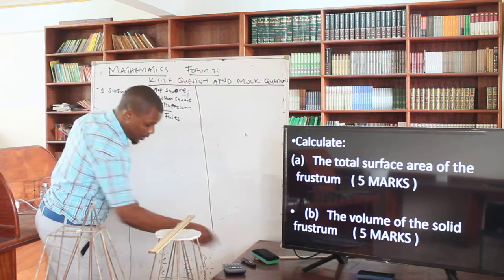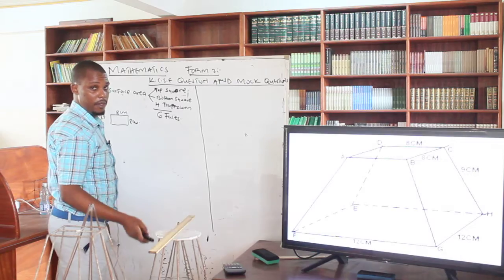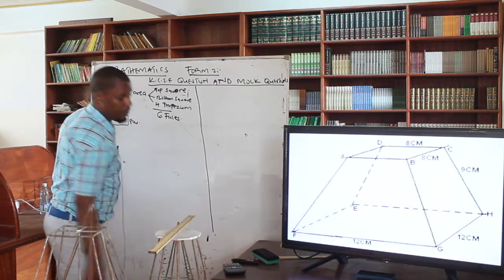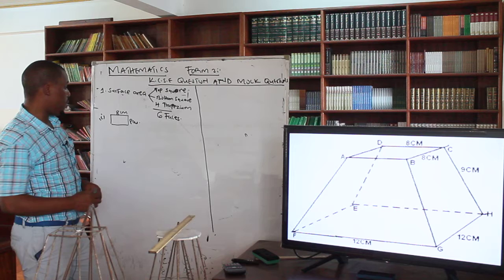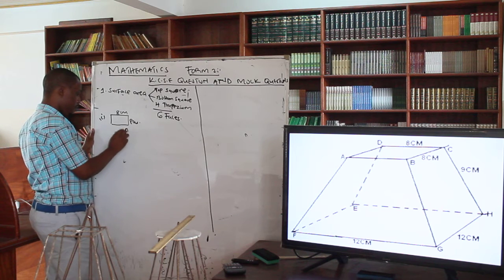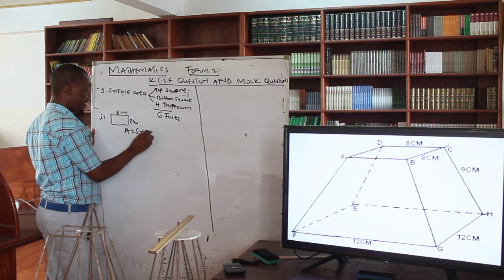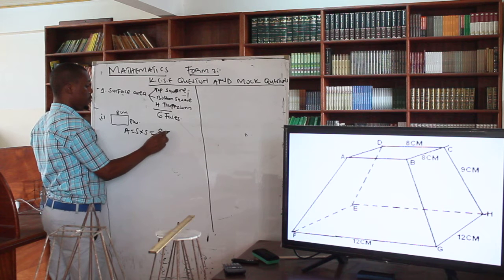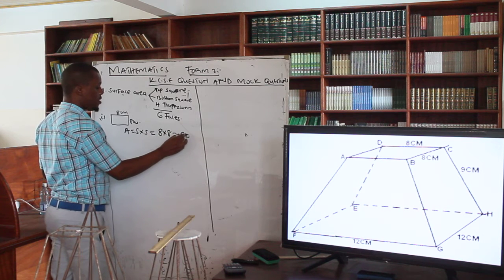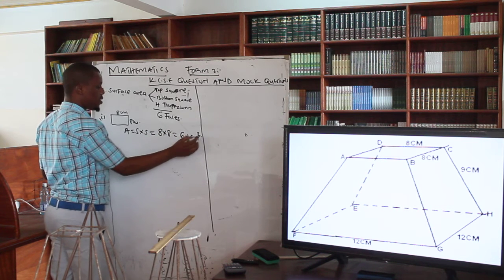So let me go back to that diagram and work it out together. So you have the calculator there. We are told that is 8, 8. So 8 times 8 is going to be the area. It is given by side multiplied by side. This one is going to give us 8 multiplied by 8, then this one will give us 64 centimeter squared.